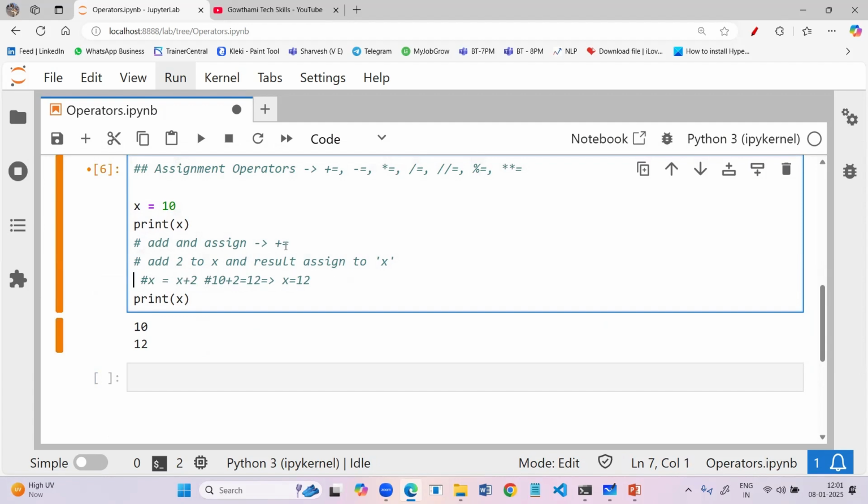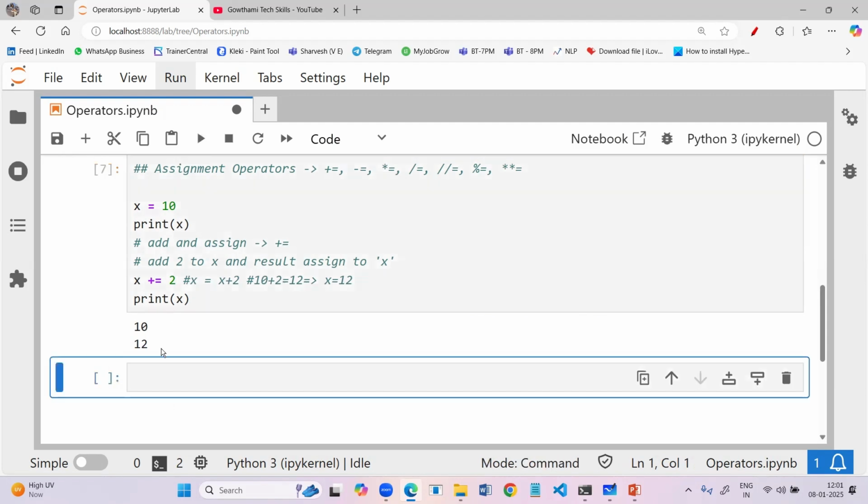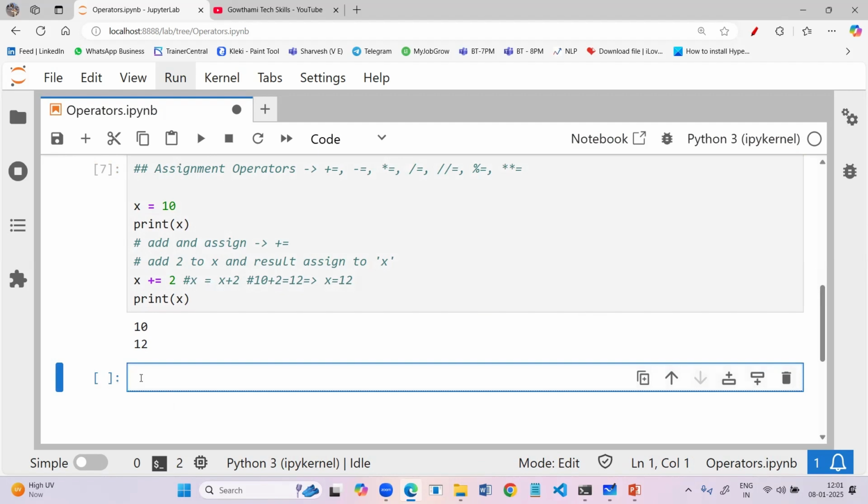Instead of writing it this way, we are going to make use of this add and assign operator like this: x plus equal to 2. Now just run and check it. The output will be the same. Similarly, I'm going to make use of subtract and assign.